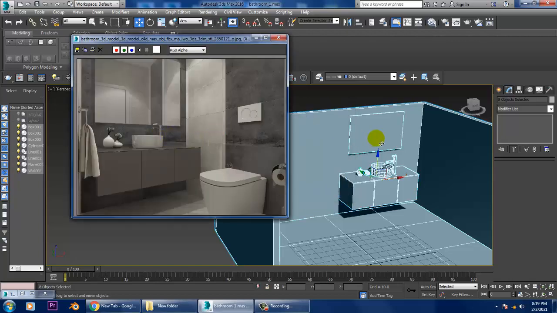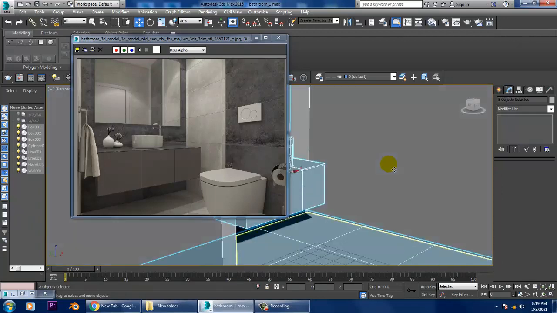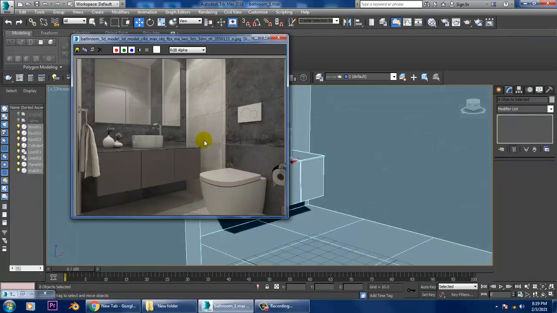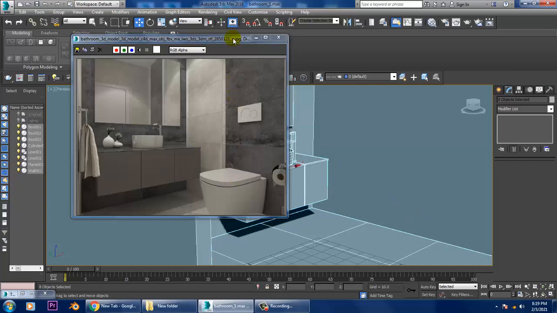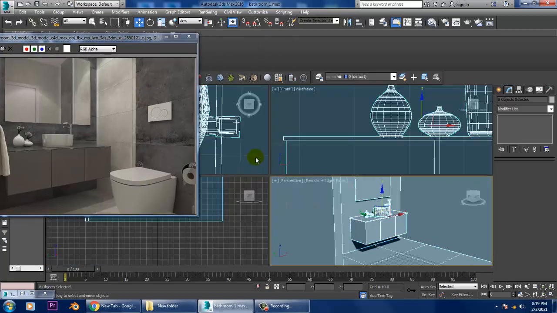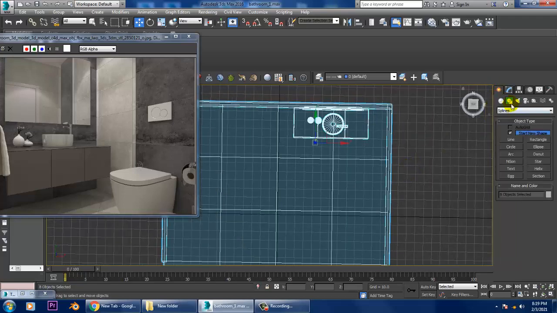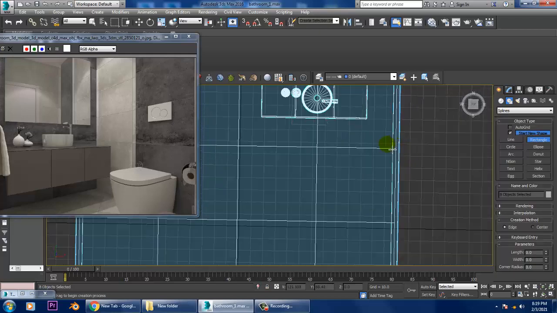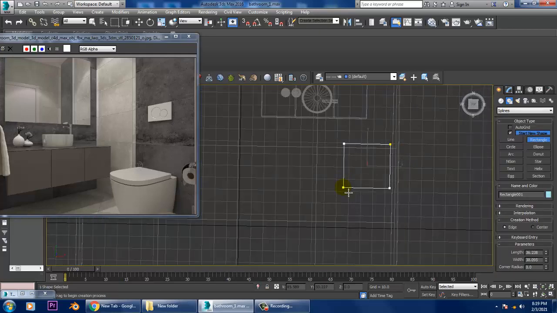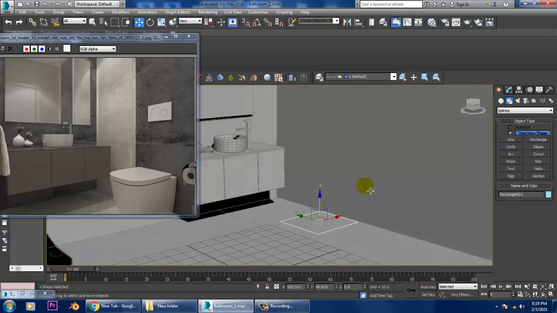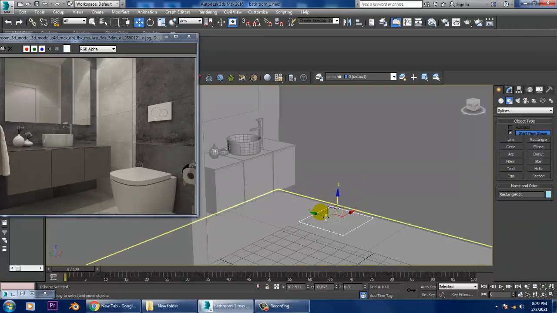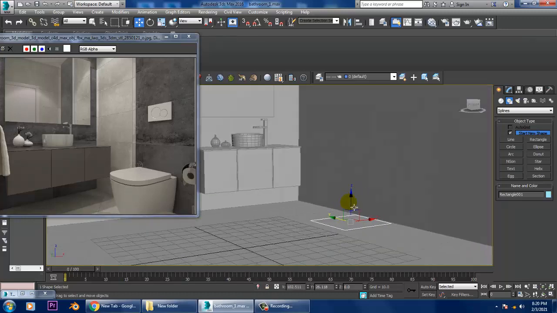After that, what we'll be doing is creating this WC. How are we going to create this WC? It's very simple. Let's go to the top view. After going to the top view, let's go into shapes. Let's take a rectangle and draw a rectangular shape over here. After you have drawn a rectangular shape, we will slightly push this a bit over here.